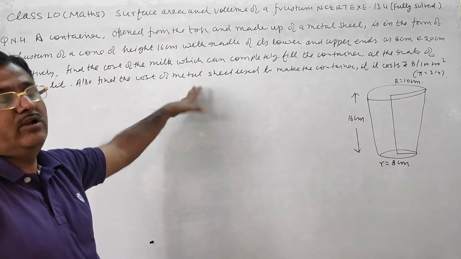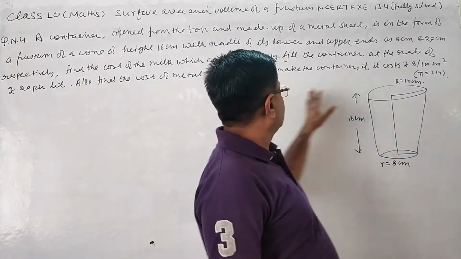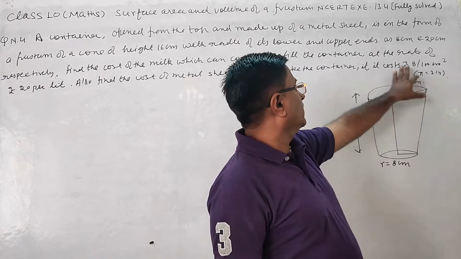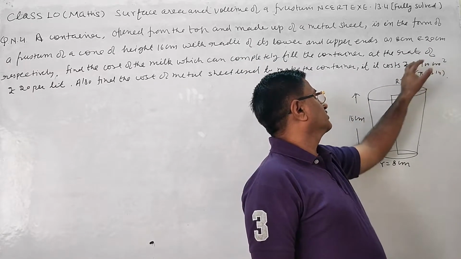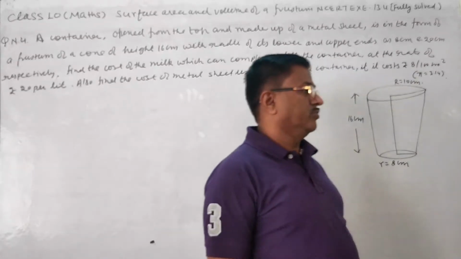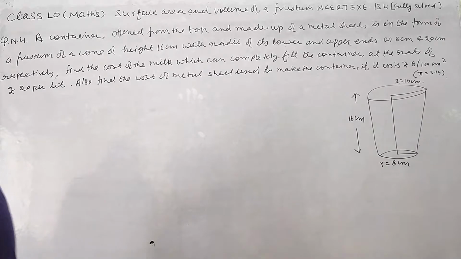You have to find the total cost of the metal used to make this, at the rate given: 100 centimeter square is 88 rupees. So this is very important, we have been given this. So according to the question we are given,